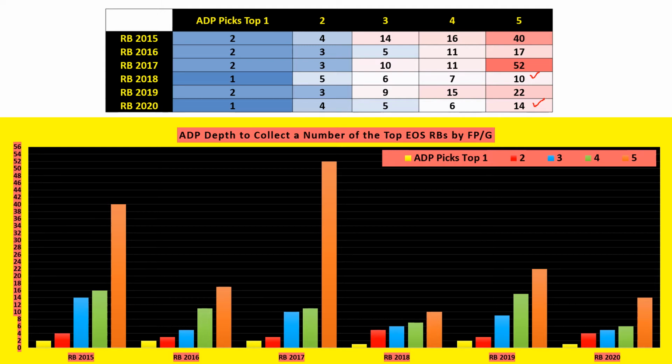Okay, you'll think, wow, it's easy pickings. So maybe 2021 is like 2017. Okay, so you're going deeper to try to find some bargains. I graphed it as well. Down below, the yellow is top, red is second. So you're pretty much